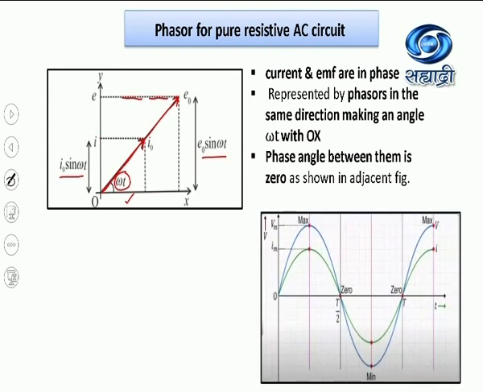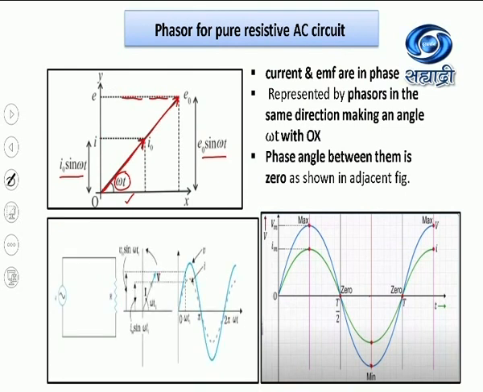And here also, this figure we have already discussed: current and voltage both reach minimum value, that is 0, simultaneously. Both reach peak value in the same direction simultaneously in both the cycles of AC. So there is no phase difference between them. So this is about the application of AC to a purely resistive circuit.